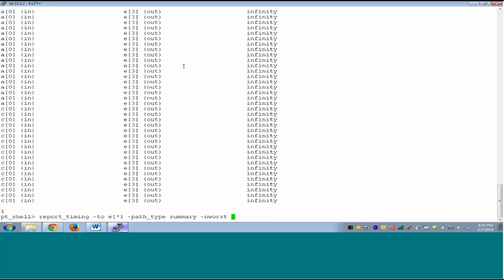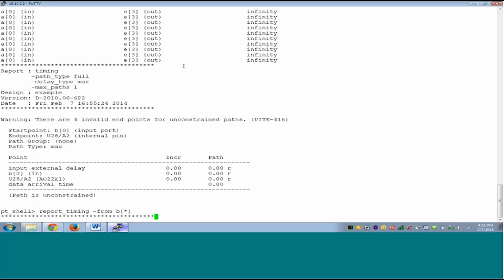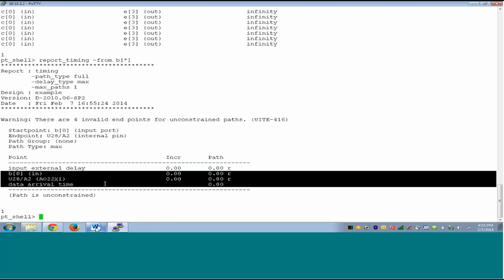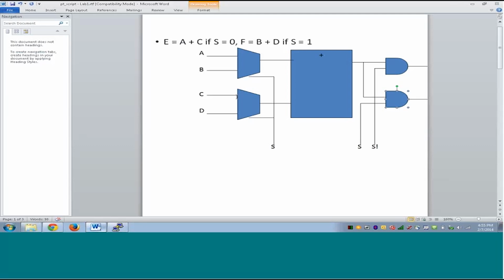Now let's see what happens to the path from B. We saw that F is disabled, there is no path to F. We'll try and report the path from B. I give a star because B is a bus. Now we see that the path starts from B0. It goes to some cell, but now it stops. So it would have happened somewhere here. Now this mux might not be